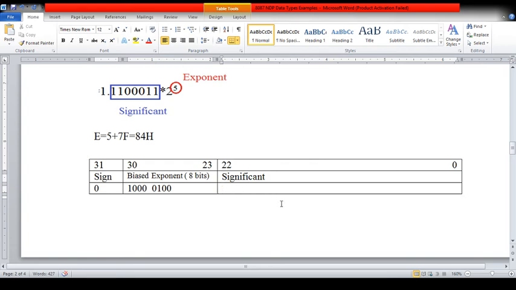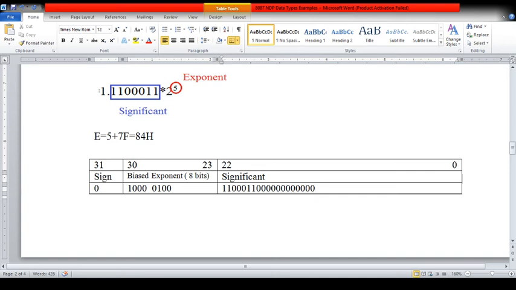While writing the significand, we should start writing from the left. It means here I will have the significand as 1 1 triple 0, triple 0 and 1 1, and the remaining bits up to the end will be 0, unless and until the significand size is filled. So in this way we store this number in the 32-bit real single precision format.